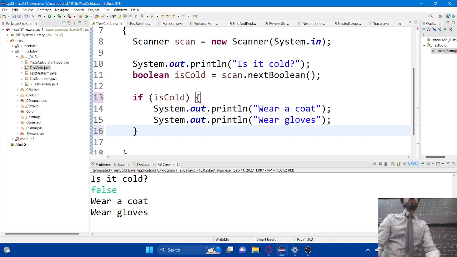Yeah, question. So when you just type in the name of the Boolean variable, it will check for a true value. And if you want to check for a false value, you have to modify it. I would do that by inserting an exclamation point out in front, which has the effect of flipping the Boolean value. If it was true, it's now false. If it was false, it's now true.